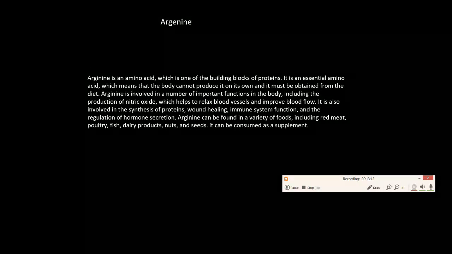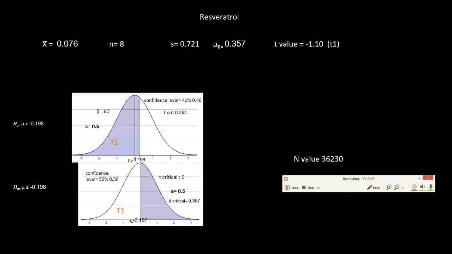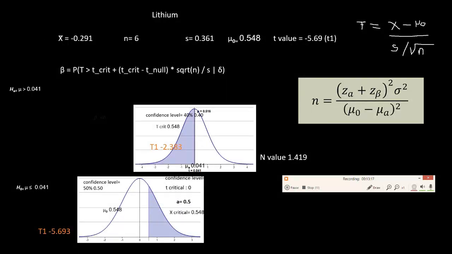Which one are we doing? Are we doing arginine? No, this one is lithium. Lithium. So how will we center this with the given value? Like how are we gonna center